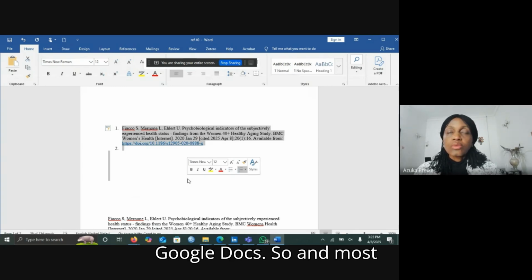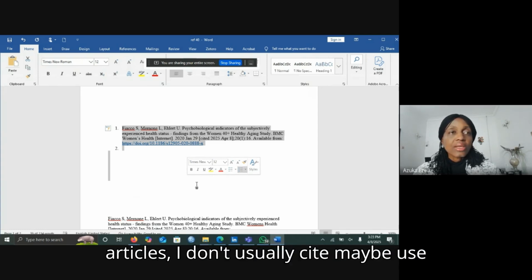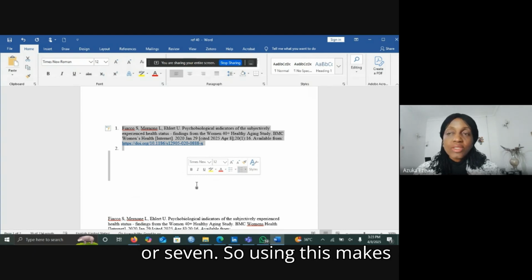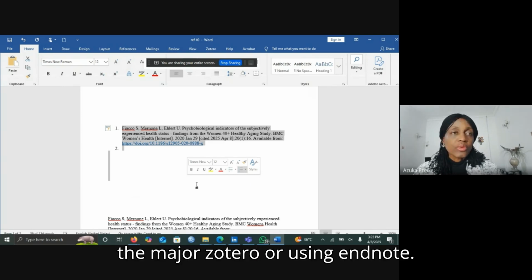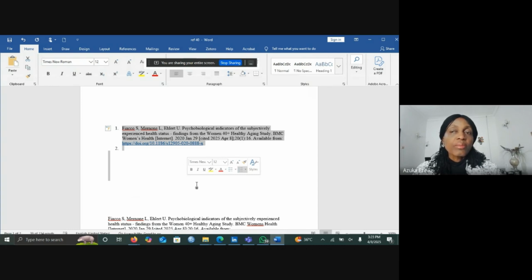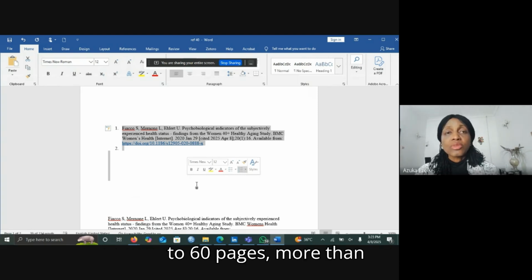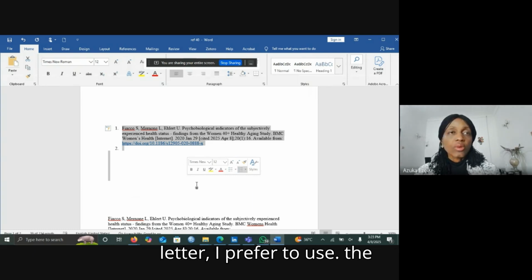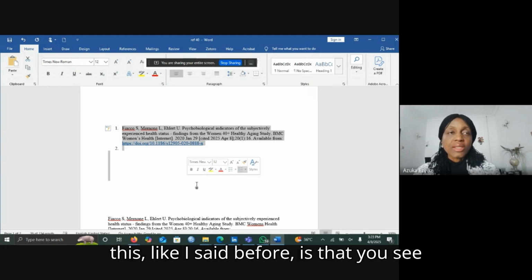And once I'm done with the article on Google Docs, I'll just copy this reference list and paste it on Google Docs. Most times, if I'm working on patient education articles, I don't usually cite many; the references may just be 5 or 6 or 7. So using this makes the work easier than using the original Zotero or EndNote. But when I'm working on a larger document of multiple pages, maybe up to 60 pages, more than 10,000 words, I prefer to use the bigger referencing managers. It makes it easy for me. But the advantage of this, like I said before, is